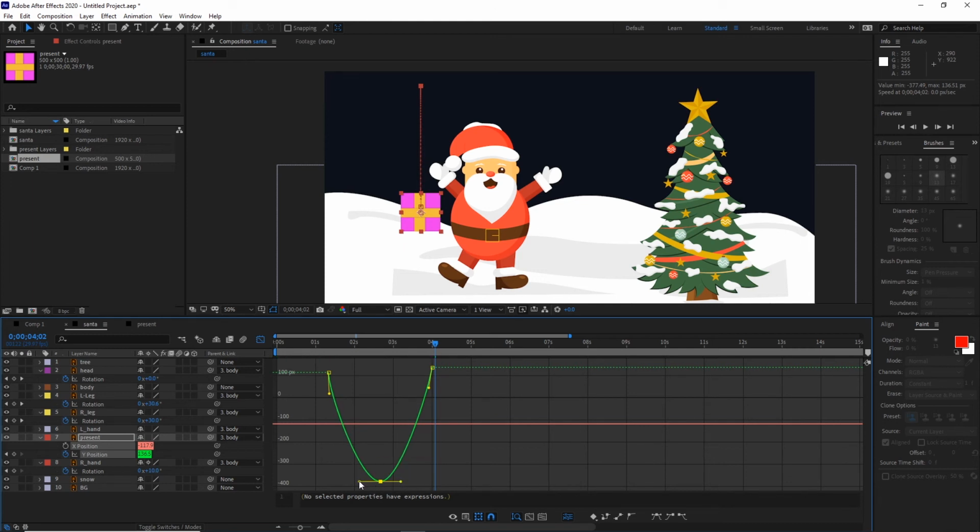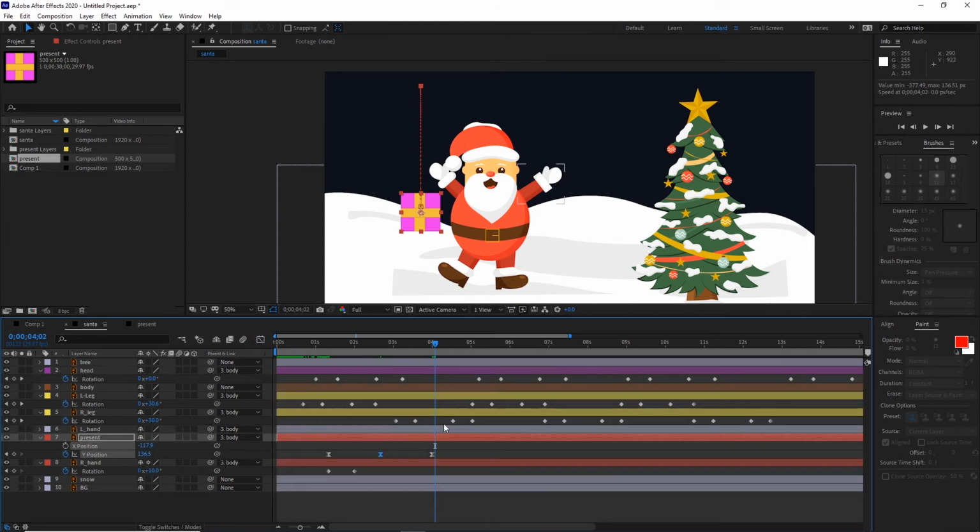You can play with the graph like this, and I'm going to click on the graph editor to go back. As I said, this is not necessary. You can go fine with easing this one, but I prefer to do it like so, because he is going to throw this fast like this. And I want to do the same thing for this one, so I'm going to click